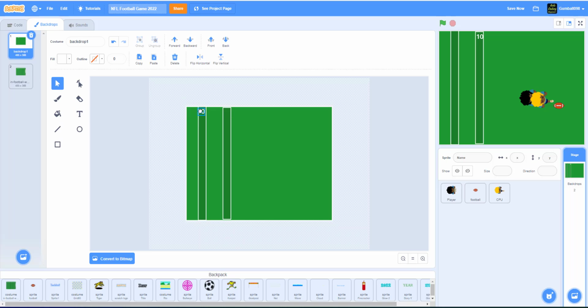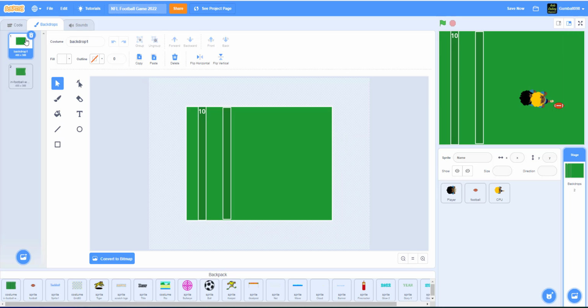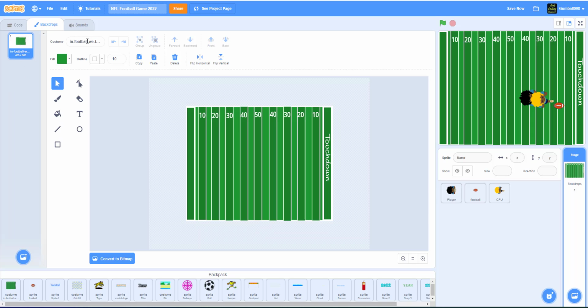Remember, you can always come to my project and export the sprite. My name is Gumball 098, so come to my account and click on this project and export the sprite for your own project. And we have the touchdown in the end. Just write text and rotate it. So we have our text here. If it's just rotated, it's touchdown, but then you just rotate it. So yeah, that's the gist of making your background. So, have that done. Let's move on